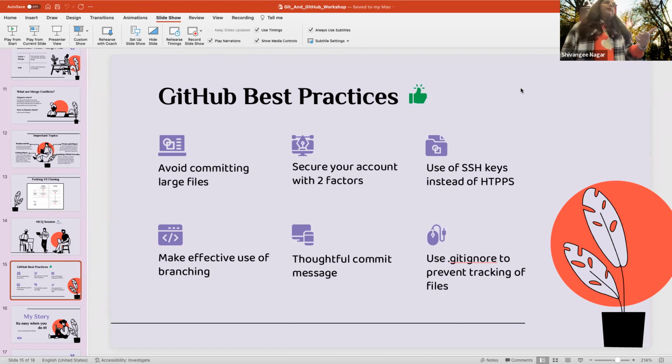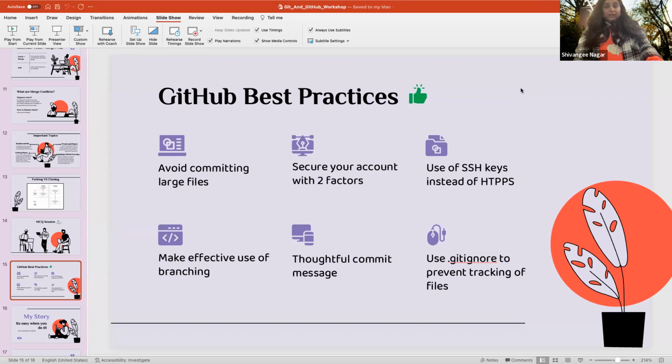This is more relevant when we start working in an industry, because I'm sure people like us who have just started making our private accounts, not a lot of people are trying to hack that. On similar lines, we should use SSH keys instead of HTTPS. The reason being, again, it adds one more security layer in between. It's a key that's very specific to an organization, and if you use that, it's very rare that your account or an organization's private account can be hacked. So it's just a security layer.